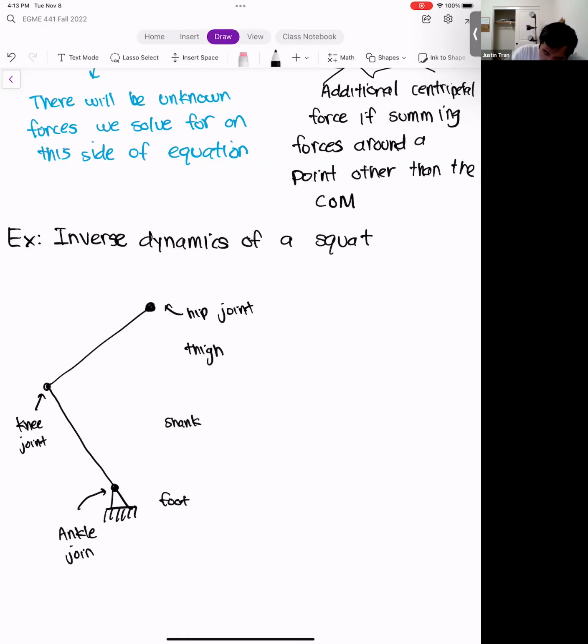So this is the upper torso, the upper extremity, the spine, and the head. For a squat, what we're mostly concerned with is the legs. So we're going to focus most of the detail there, and everything else we're just going to lump together in one. So this entire segment up here is the upper body. It's a little bit out of scale, so the shank is really long and the thigh is not very long, but just use your imagination.